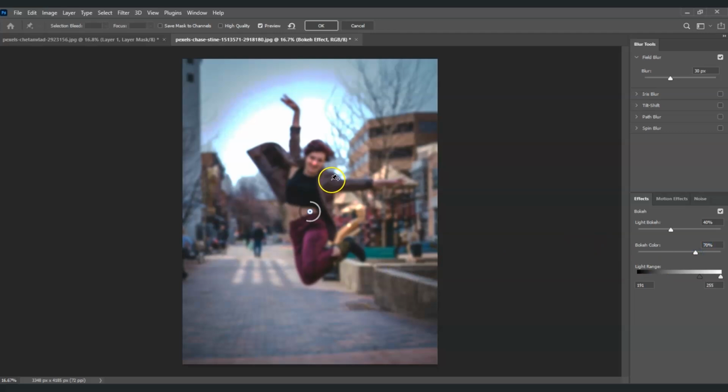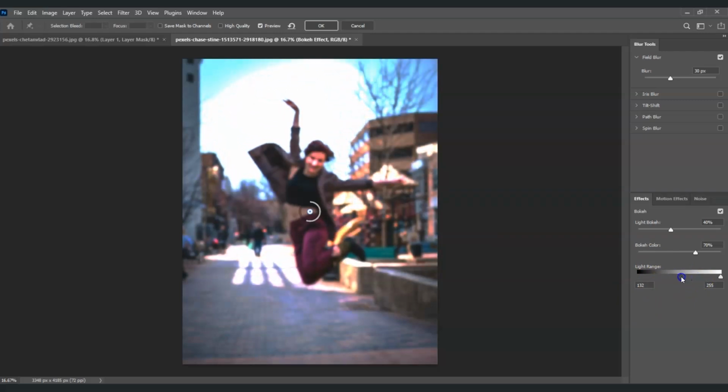Okay. And here on the light range, I'm going to drag the shadow slider. I'm going to put that to around 130. And for the highlights, I'm going to also bring this one to around 220. Okay, so you can just play around and mix and match depending on what kind of bokeh effect you want